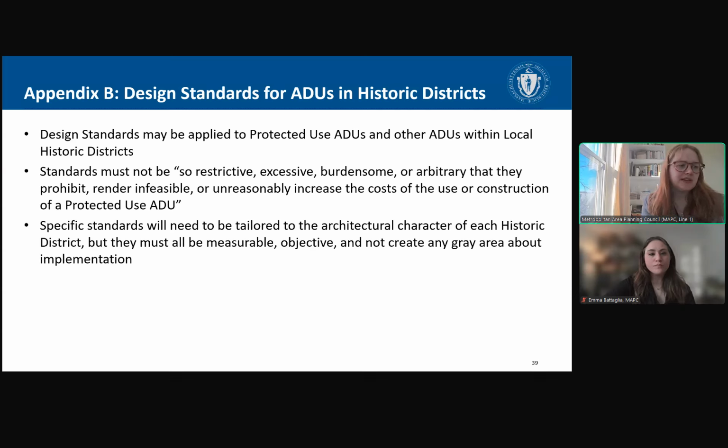So design standards may be applied to ADUs only that are located in historic districts, but the standards must be measurable and objective. And the state regs also state that these standards cannot be so restrictive, excessive, burdensome, or arbitrary to prohibit, render infeasible, or unreasonably increase the costs of the use or construction of a protected use ADU. So those are the two things to keep in mind when you're determining how to apply design standards